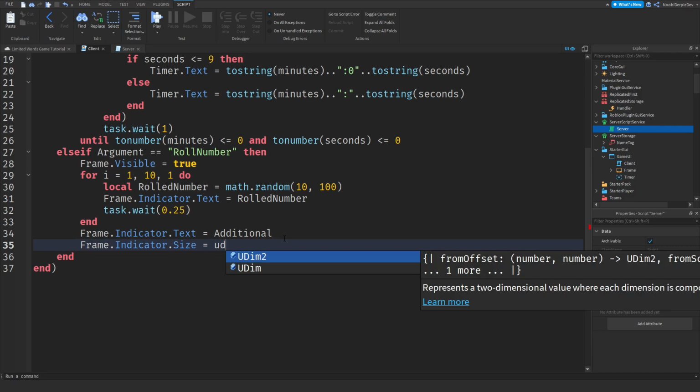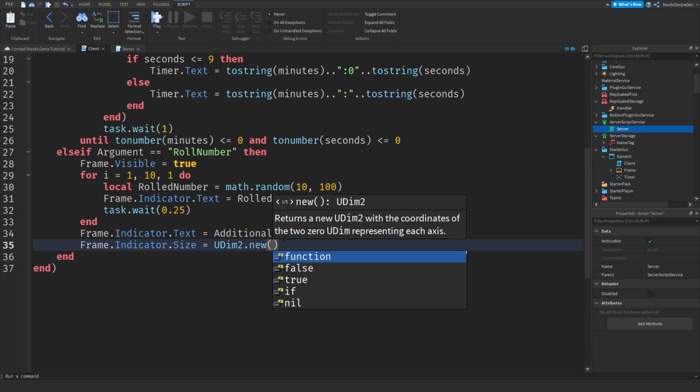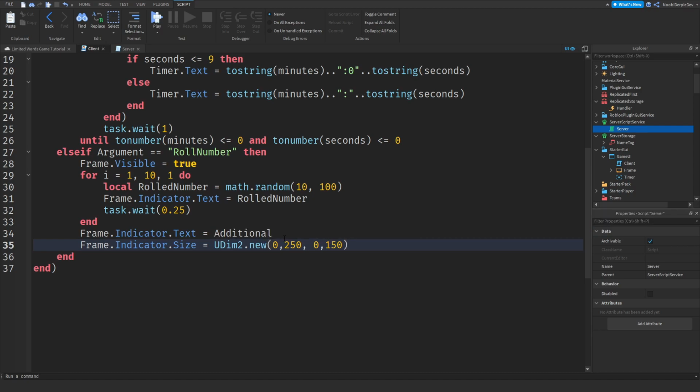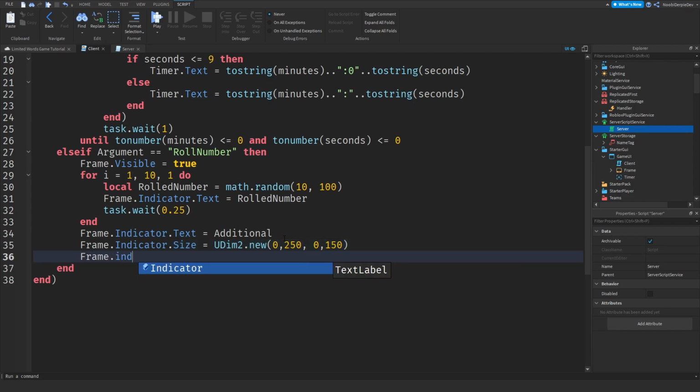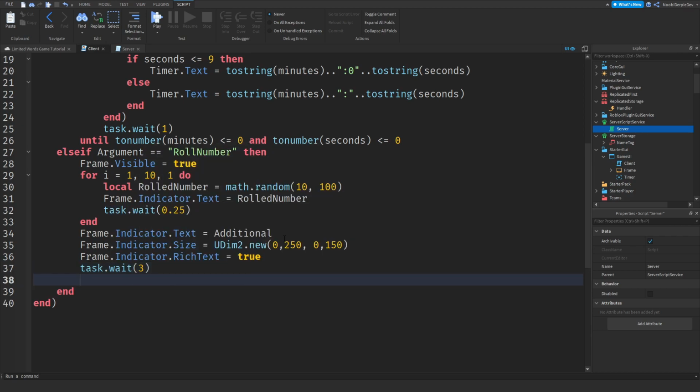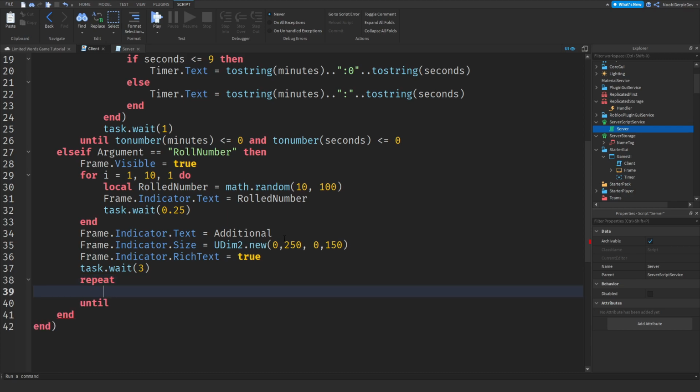Frame.indicator.size is equal to UDim2.new 0, 250, 0, 150. So 0, 250 and 0, 150. Now, frame.indicator.rich text is equal to true, so it stands out of the crowd. We're going to wait 3 seconds until it disappears, and then now another repeat. And we're going to repeat